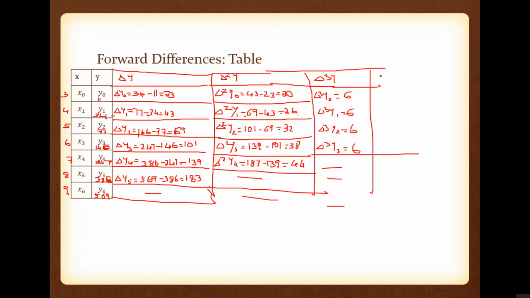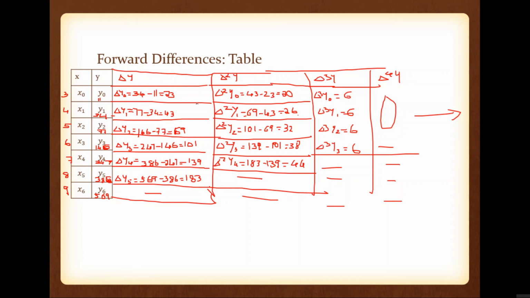Right? Now what about delta raised to 4y? Yes, we have three zeros. The remaining four are unavailable. So this is delta raised to 4y. From this side onwards we have 0. Here we have 3 zeros, next one we have 2 zeros, next one we have 1 zero, if you are completing it. So you have to complete delta raised to 4y, or you have to mention that the remaining elements are 0.